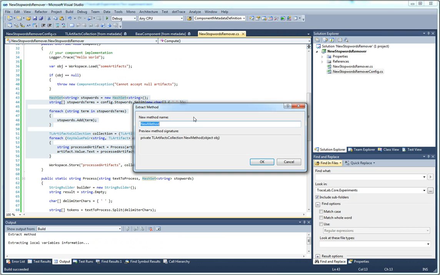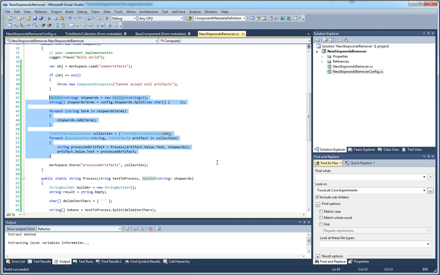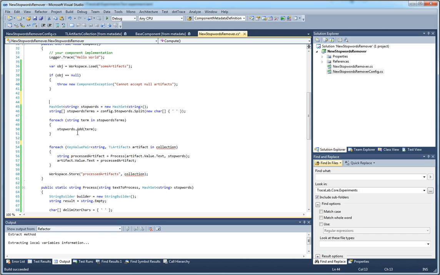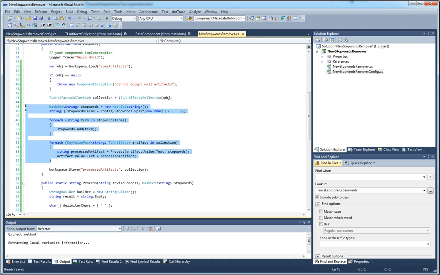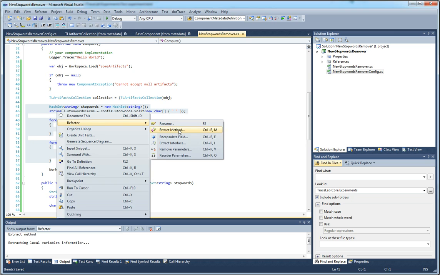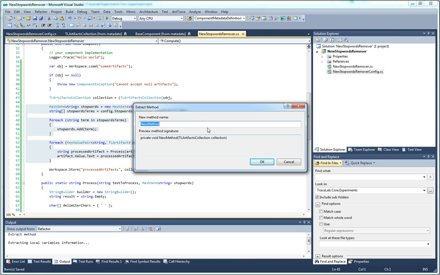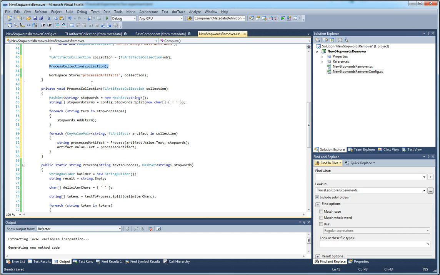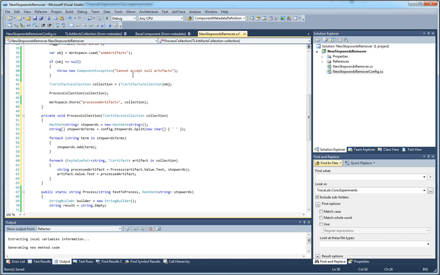So in this case, let me do a little bit of refactoring that will just have that casting beforehand, right? And now let's do the refactor extract method that takes the artifacts collection, and let's call it process collection, right? I want this method to be static,